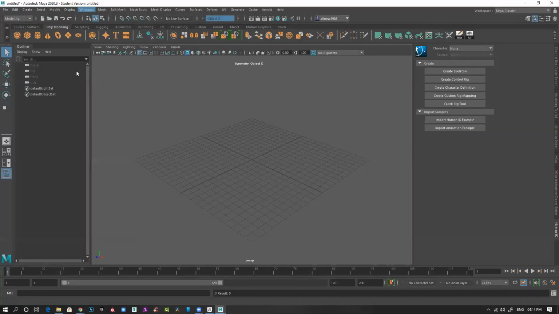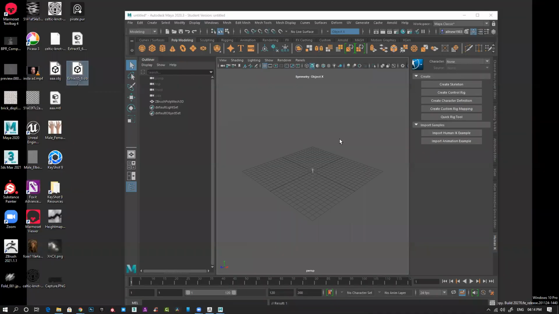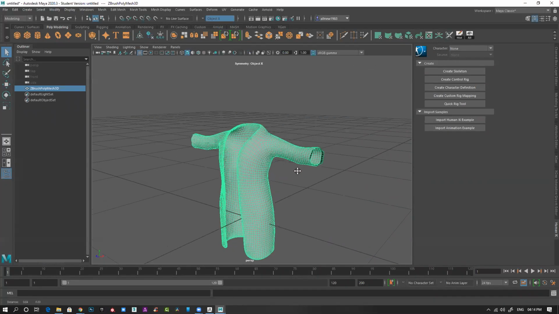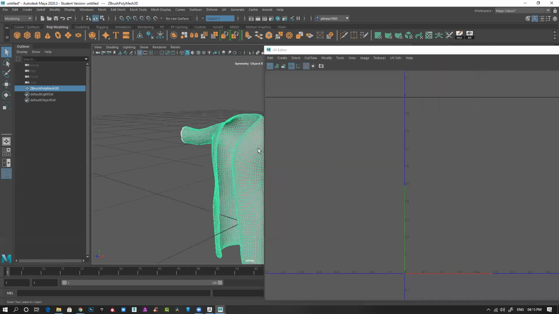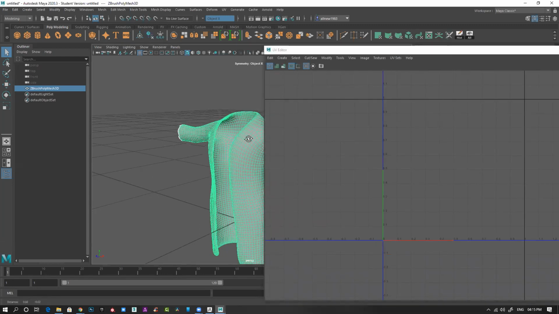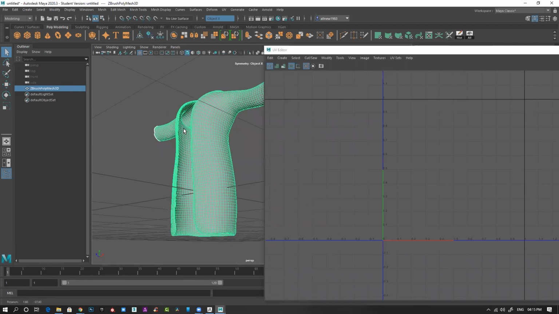Okay, what happened? Oh, sorry, that's material. So this time you can see only one single solid mesh. Here is the mesh. You can see this. So don't need to worry about that.